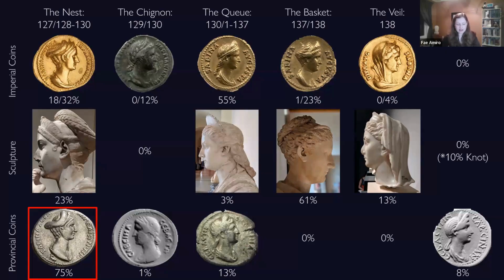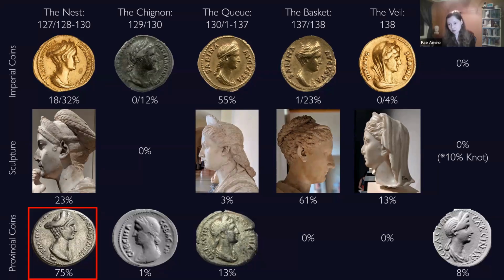Therefore, there's something else going on here. And I would argue that this is a situation where we have a less thorough distribution of new portrait types to the provinces than what is assumed when we read our standard interpretation of how the system works, this idea that new portrait types, when invented, are then sent to provincial centers for copying. The evidence I've seen, not just from the Sabina coins, but also I've been doing a study of provincial coin portraits of imperial women from the 1st and 2nd century in general, and they all follow the same pattern